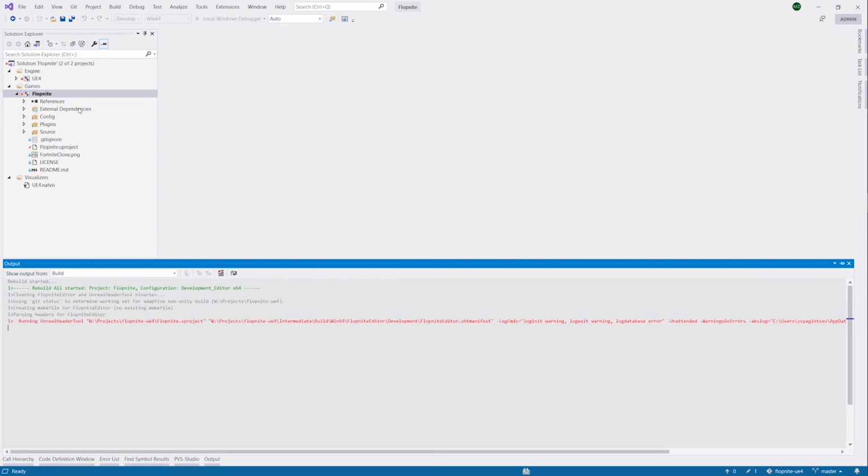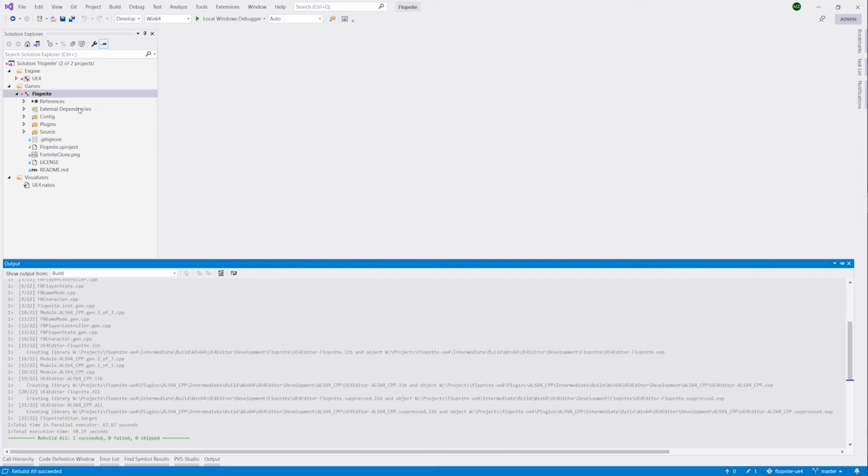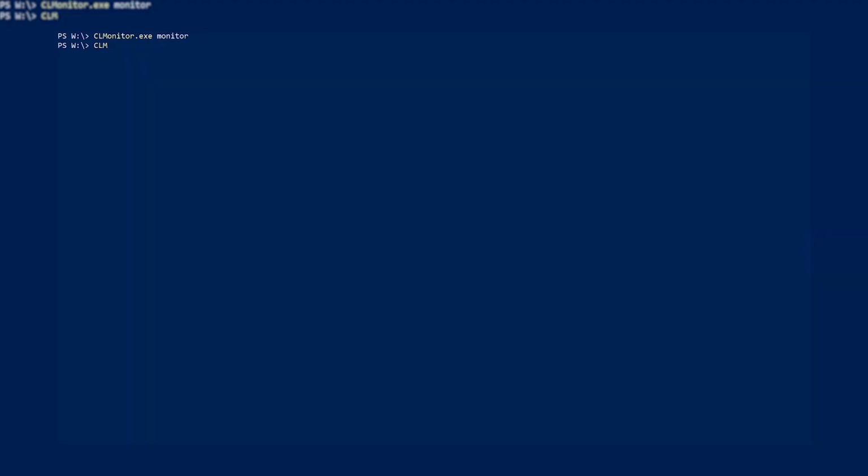The compile monitoring system will catch every compiler invocation and remember them to analyze. After the build completes, we must save a compilation dump for analysis. So use CLMonitor again. Choose saveDump mode this time and write the path to the dump file with the -d flag. Now start the analysis. Call CLMonitor again, choose analyzeFromDump mode, specify the dump file with the -d flag again, and the path to analysis results with the -l flag.